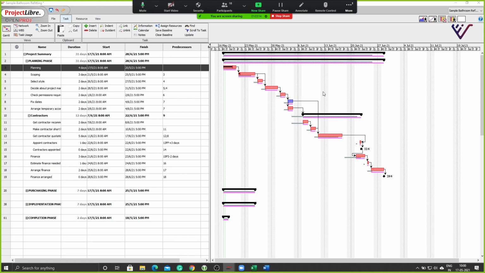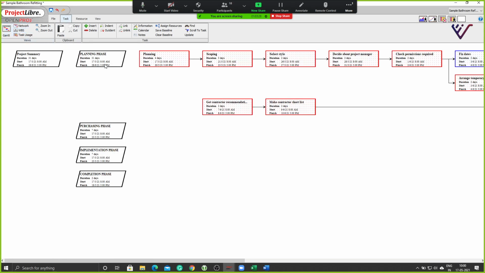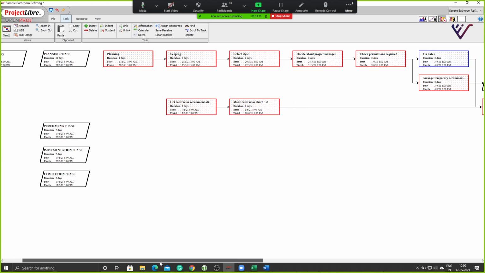Now let us look at, okay, baseline I've done. We've looked at baseline, we've looked at resources. Okay, let me show you in the network what I was talking of before. You see this network view now? Now these are independent tasks, and I have not linked them to anything right now. So they're just showing as free floating independent start of tasks.